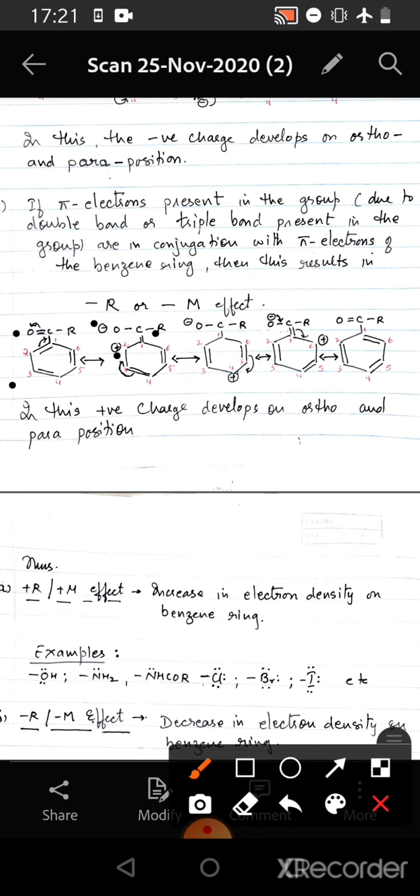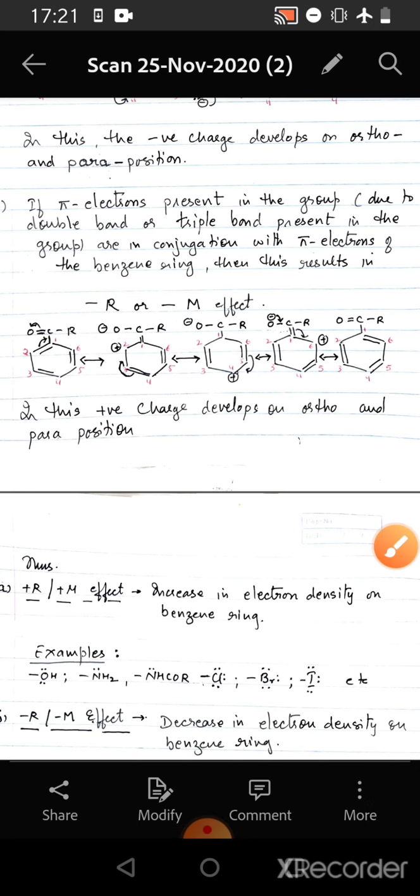By successive shifting of the double bond within the ring, this positive charge shifts from the second position to the fourth position to the sixth position, and then the double bond between the carbon of the substituent and this carbon of the benzene shifts between C1 and C6 of the benzene, forming a double bond, and the electron pair on the negative oxygen moves between C and O of the substituent, forming a double bond between the C and O of the substituent, and neutrality is retained.